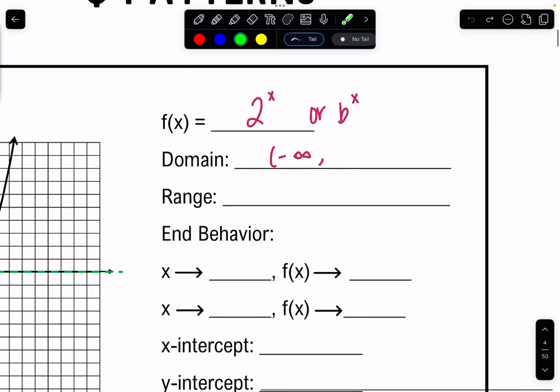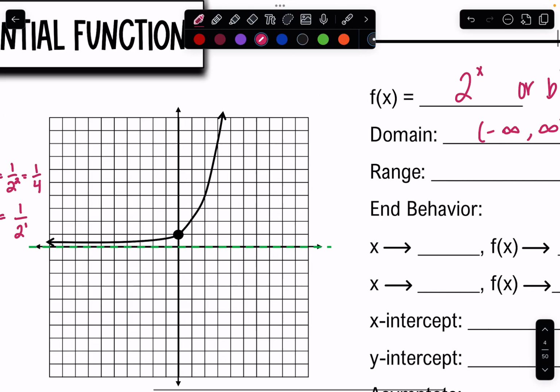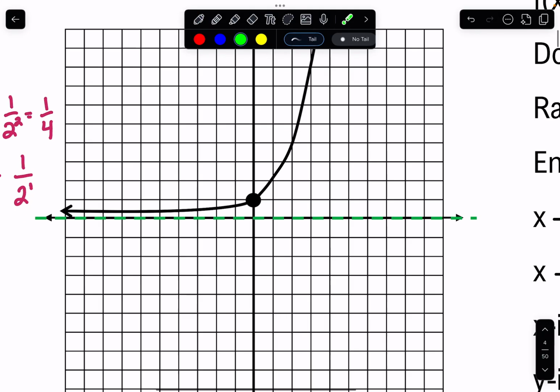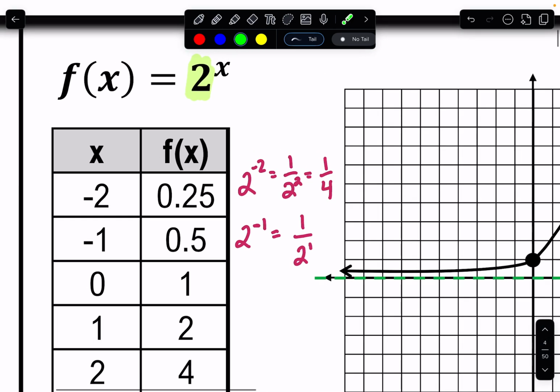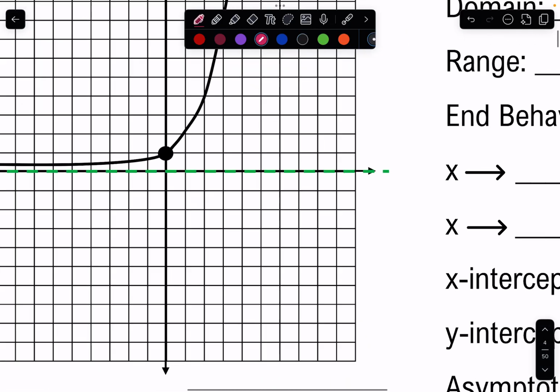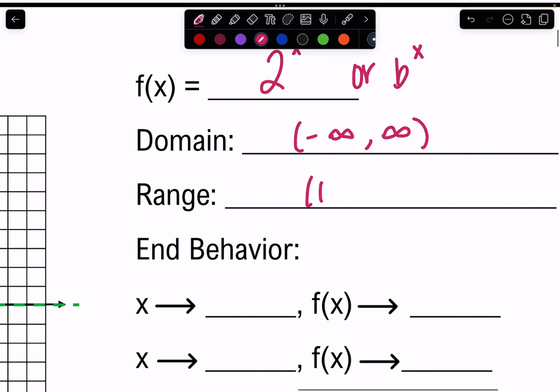And so that would be my domain. My range, if I move that back, there we go. My range, I kind of have this cutoff, right? We don't see any value in this negative space. I'm not going to get a negative number, because anything raised to a power, I'm not ever going to see anything negative, right? We see here that even if x is negative, I'm still always going to get something that's positive. It's just going to be a smaller fraction every single time I move to a negative x value. So my range is going to be from 0 to